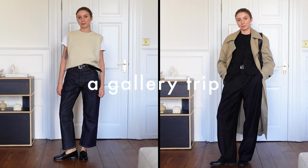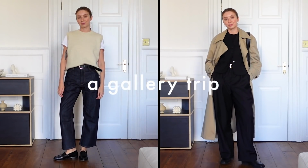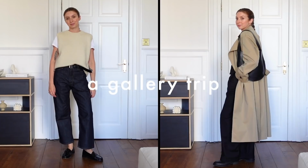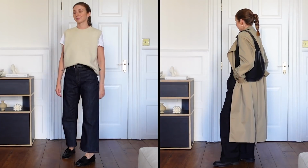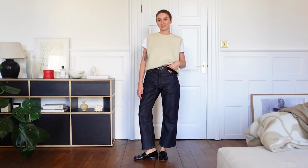A gallery trip. I've picked two looks for this because I think you can go two ways with it. I've picked an evening look which I recently wore to a preview of Frieze, and a daytime look for a general stroll around an exhibition. Starting with the latter, a really easy daytime look: sweater vest with a t-shirt underneath, some relaxed denim and my